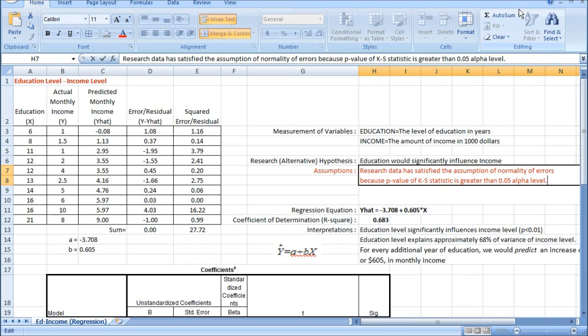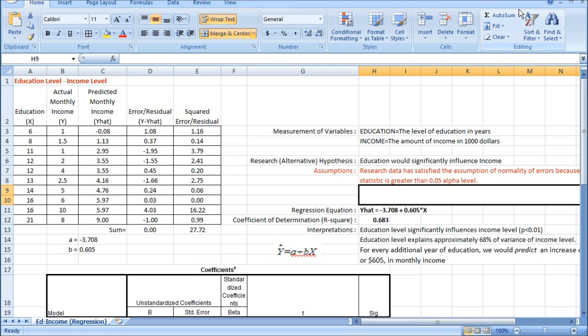Okay, just cite one of them. This is the test of normality of errors.